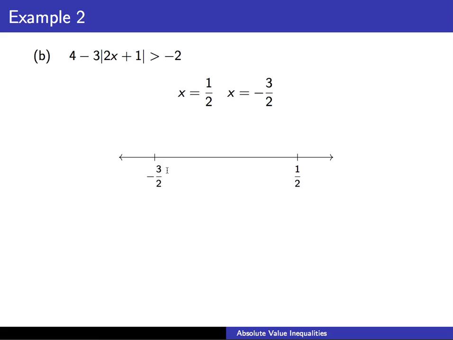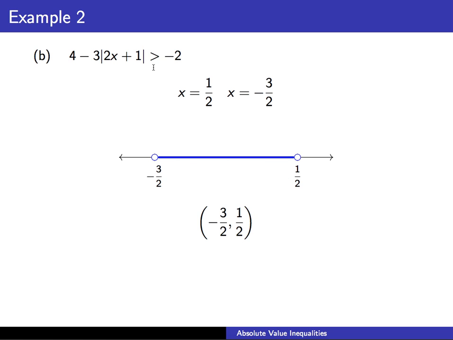And on our number line, if we test out the values 1 half and negative 3 halves, because this is a greater than symbol, we have to use open circles at negative 3 halves and positive 1 half because it's greater than, not greater than or equal to. And then the values that'll work will be the ones in between the negative 3 halves and the positive 1 half. So our interval answer for this is negative 3 halves to 1 half with parentheses